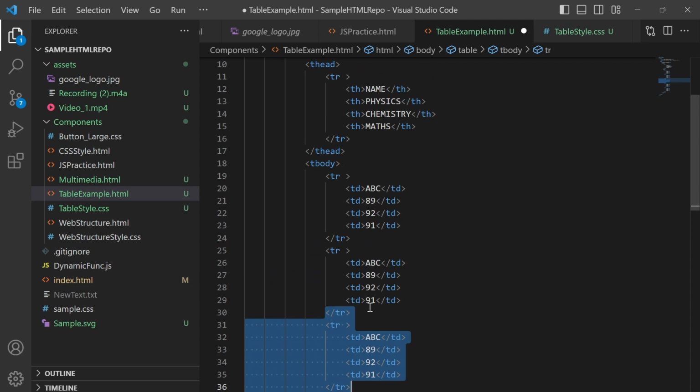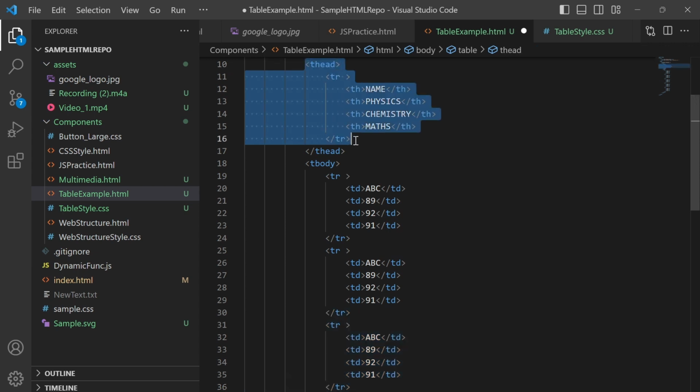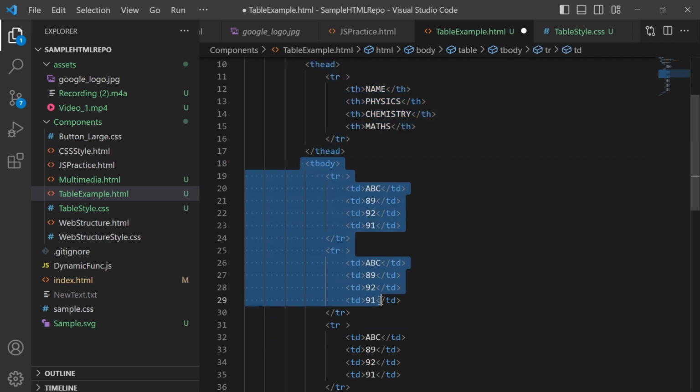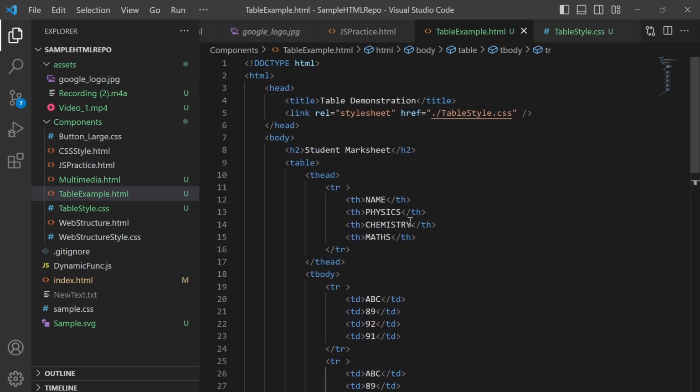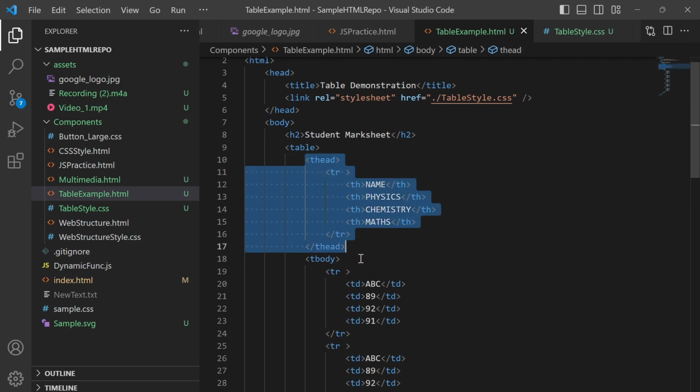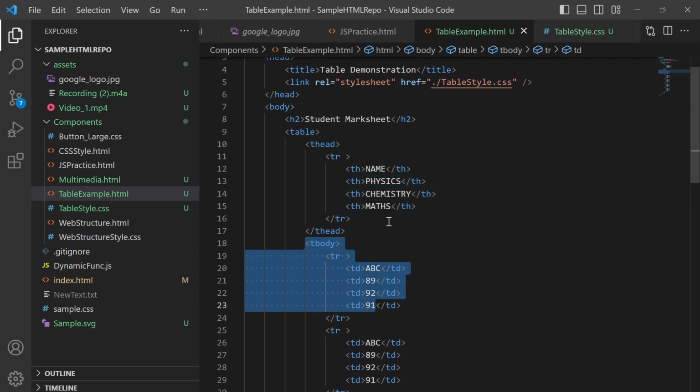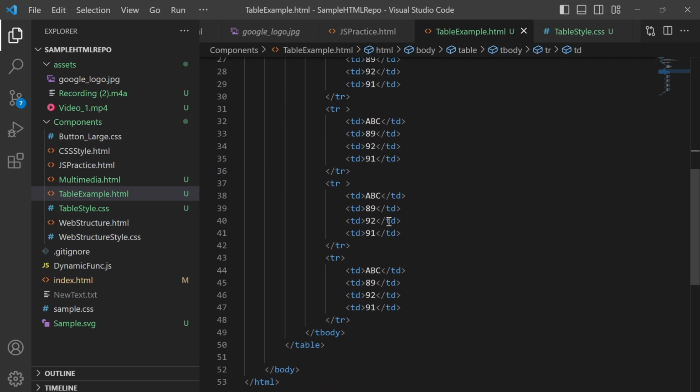Any other person who didn't know about this code will also understand what is happening here, what the code is written. The browser will also understand that this section is part of the table headers and this section is part of the table body, and screen readers will also be able to distinguish this content. So we can have containers for the header and body elements of a table.